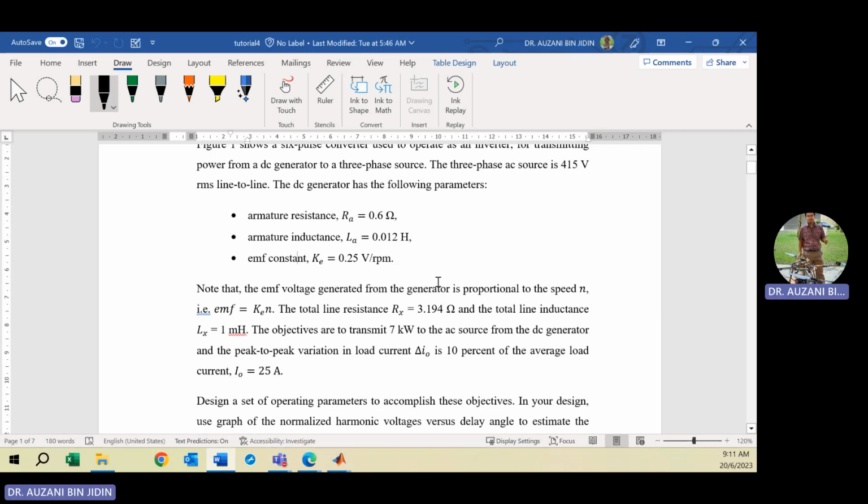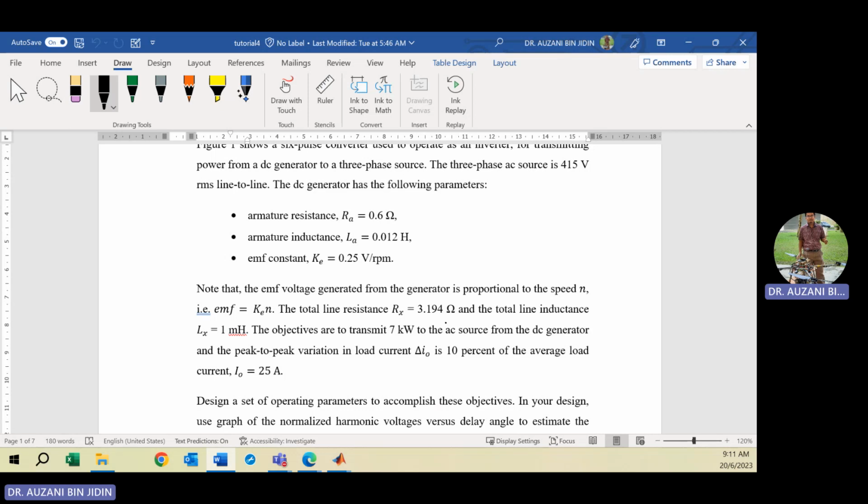Okay, so you have to take note that the EMF production is proportional to the speed. So speed is N, and N is in RPM, not radian per second. So in the system, you need to take into account the total line resistance Rx,